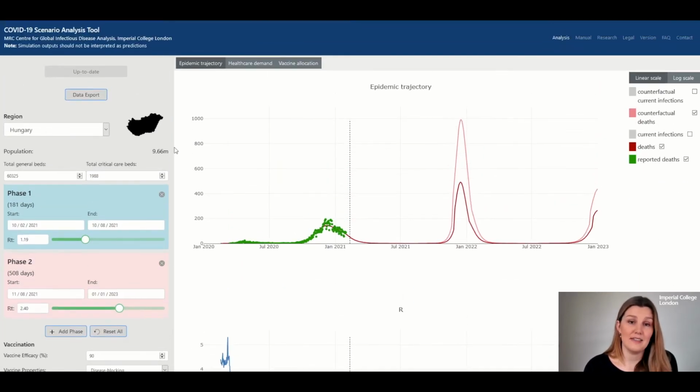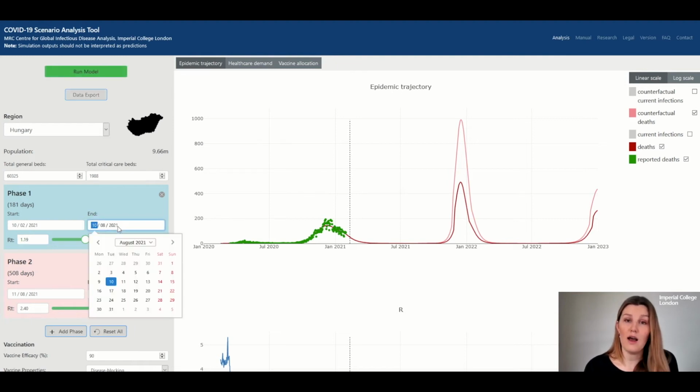So first we need to consider transmission. The blue shaded box will automatically be populated with the estimated current reproduction number for that country. And note that this is a level of RT that incorporates any control measures, such as physical distancing and mask wearing, that a government might have in place, but it doesn't account for the impact of immunity, either from infection or vaccination. So by default, the interface will have this current estimated RT in place for 6 months going forward in time. But this can be changed by the user.